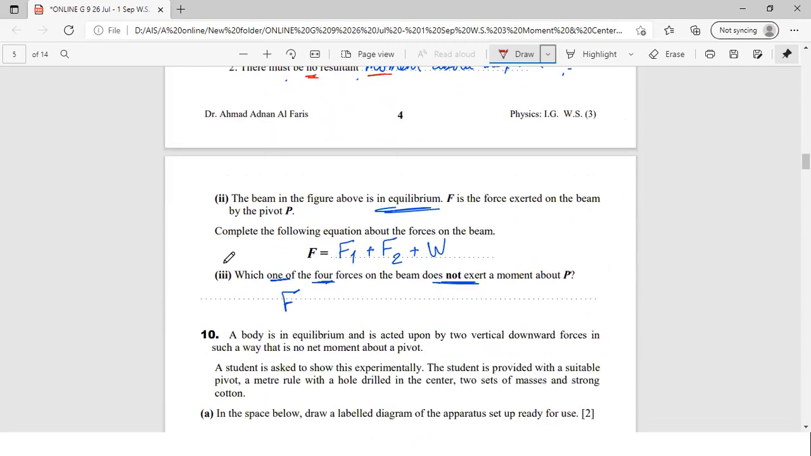Next, شو بيحكي لنا؟ انه because it's in equilibrium, how continue the equation? F is equal. F اللي هي الفورس upwards equal the forces downwards. F1 plus W plus F2. Then which one of these four forces does not exert a moment about P? Because the pivot is P, so any force acting on P, which is F, does not make what? A moment. So